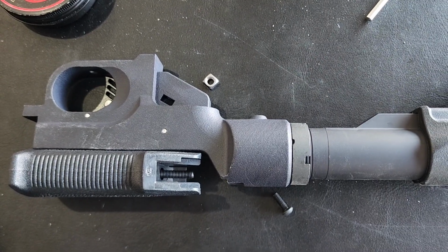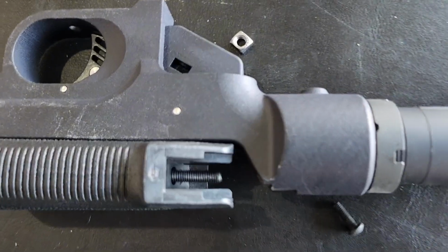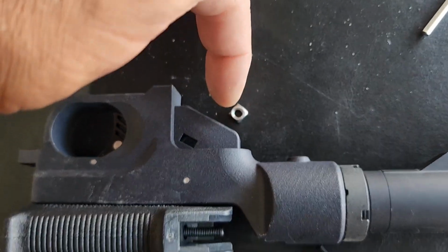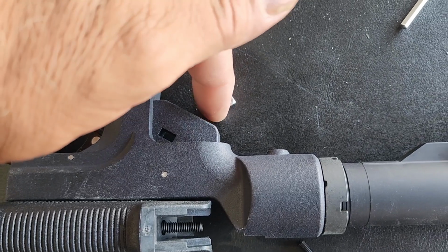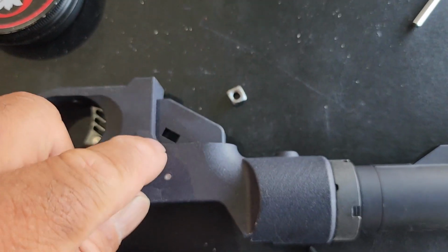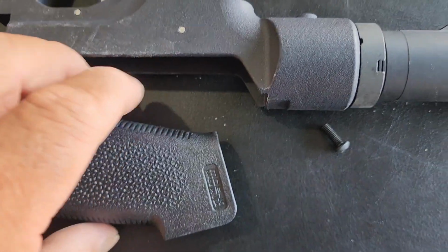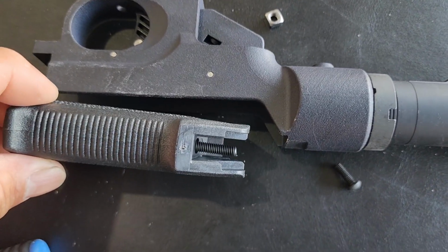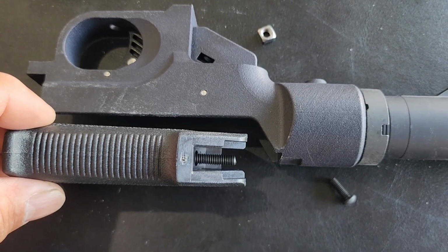Okay, so as you can see, we just removed the nut from the chassis over here. Now this little square nut goes in that square hole there. Make sure that you put that in there when you attach your grip to the buck rail chassis. Now as you can see, I installed the nut that I removed from the buck rail chassis into the grip